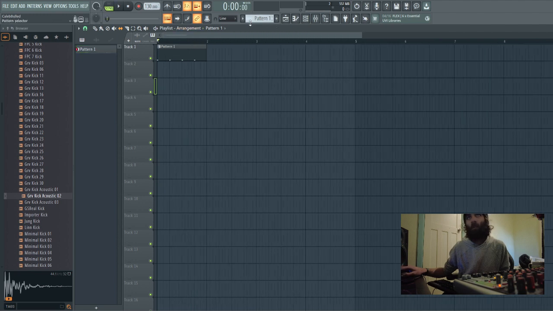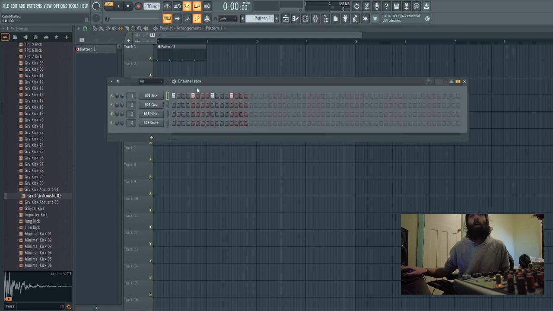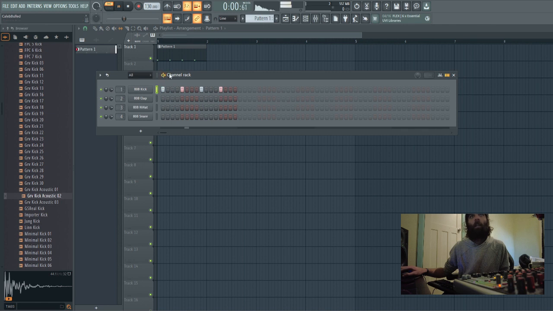Or if we just want to hear the pattern, we can change it from song mode to pattern mode. Come in here and in our channel rack again, and now I press this little speaker, but it's the same as if you press spacebar or play. This is just basically a play or pause button. And so if I press spacebar, you can see that this pattern that I drew